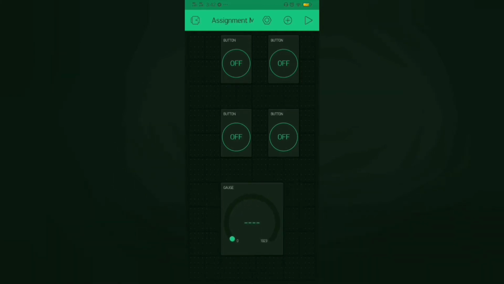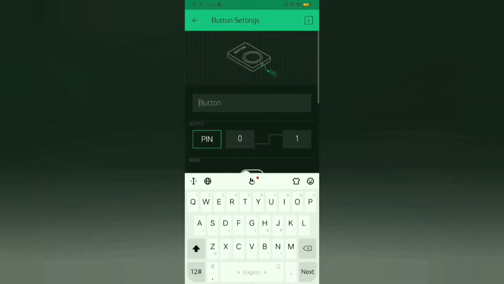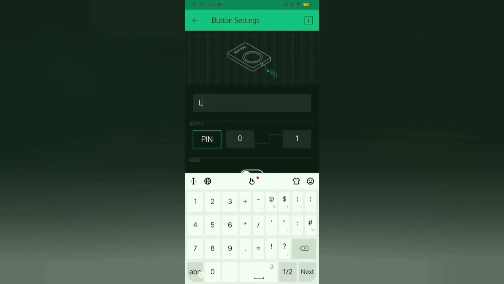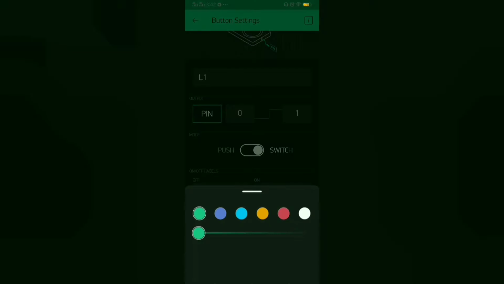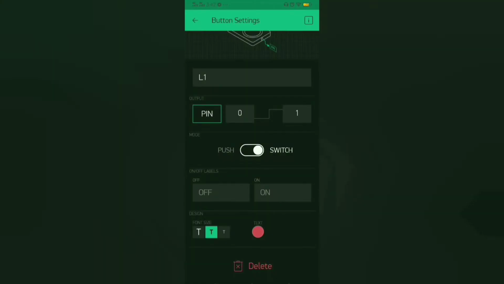Okay, so for button A, you name it. I name it L1 switch and change the color.